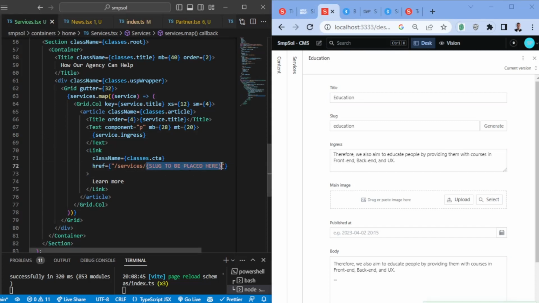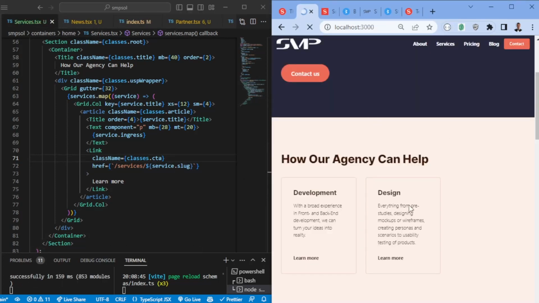So now we have the slug here, right? We do not need to have this string, so we can just replace it to make sure that we are sending the user to the correct page. And here we're just going to change, and instead we're going to add service.slug. All right. So going back, we should have 3 links now, and all of them should have, as you can see on the bottom left, as you can see, sorry, let's scroll up a bit. As you can see, bottom left of the screen,